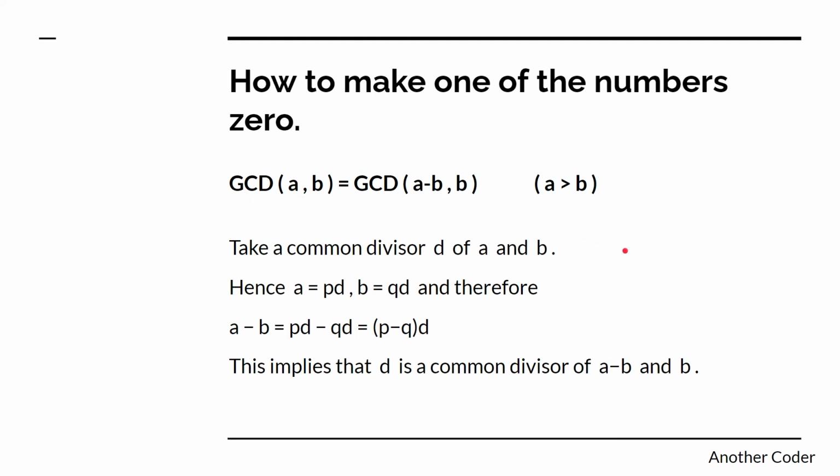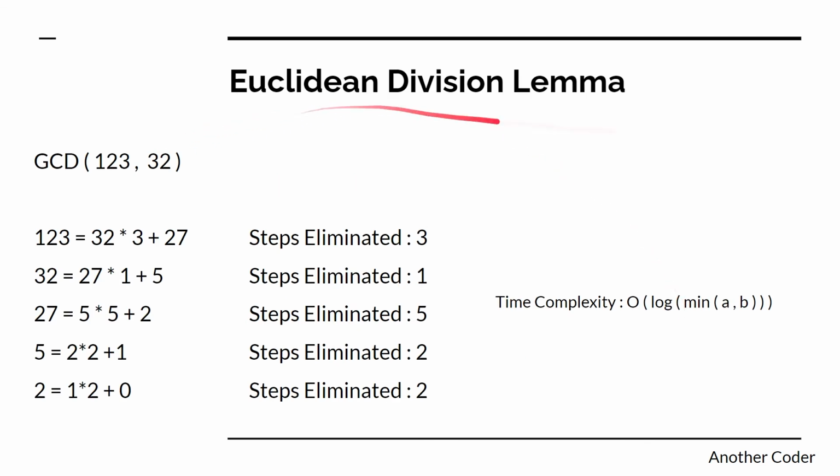So this is where the Euclidean division lemma comes into the picture, and the Euclidean algorithm itself is based on the Euclidean division lemma. So we'll talk about the Euclidean division lemma and what it states. This is one particular thing that you must have studied in high school mathematics. This is the very basic method taught to us in high school on how to calculate GCD of two numbers using this particular method. So we have already studied this, but we are going to discuss this once more.